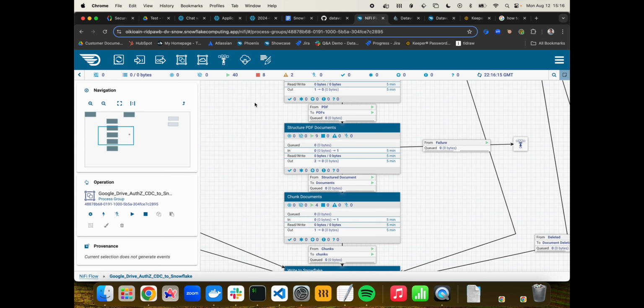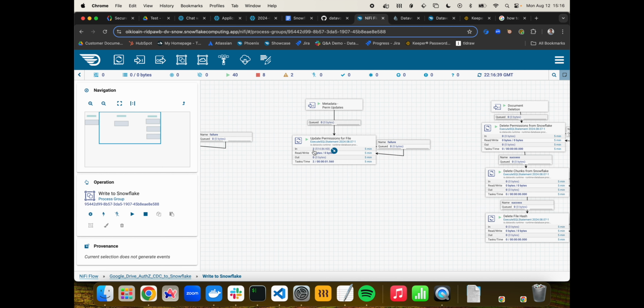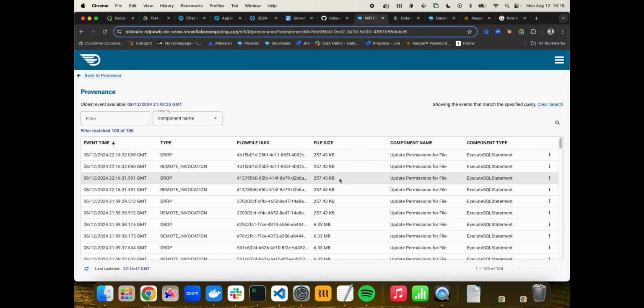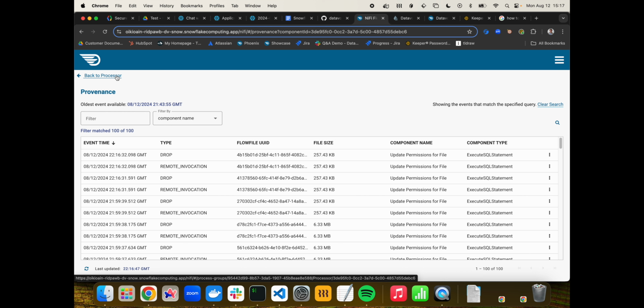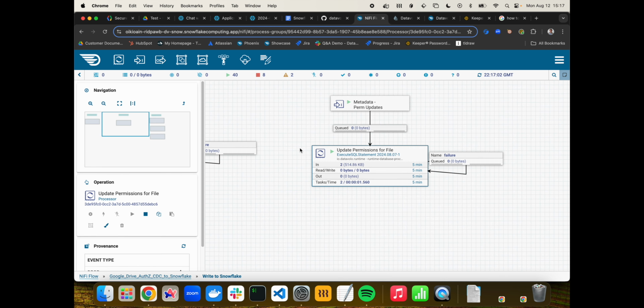All right, so let's go back to our write to Snowflake. So we actually see two additional events that have just been digested. If I go to provenance, we can see that a moment ago we executed a new SQL statement. That SQL statement is going to push those new permission records to our table. So let's go back to our chatbot